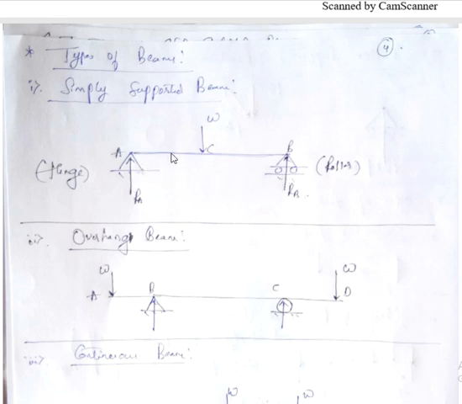Okay, if this is a beam, then the supports are provided at the ends. Apart from that, one support will compulsorily be a hinge support or pin support, just like a door, and one support will be a roller support. You cannot have two roller supports or two hinge supports.